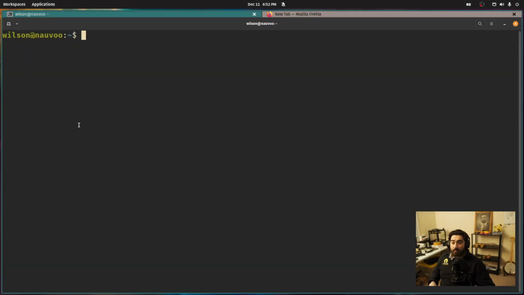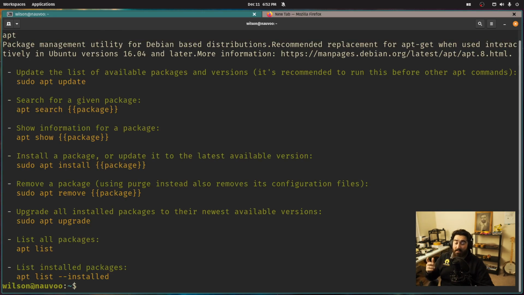So if I go over here to my terminal, I want to show you one command line tool that I use in addition to apt that helps me in my day-to-day computing. It's called tldr. You can type tldr, space, and then the program you want to learn about, so apt, and then hit enter, and it shows this nifty cheat sheet of all these different common commands that you can use with apt. Here it's showing that you have to use sudo in front of them whenever you're actually doing